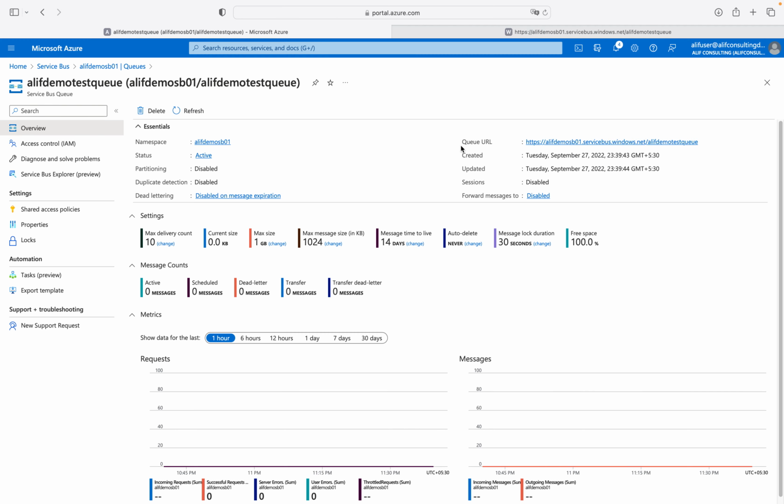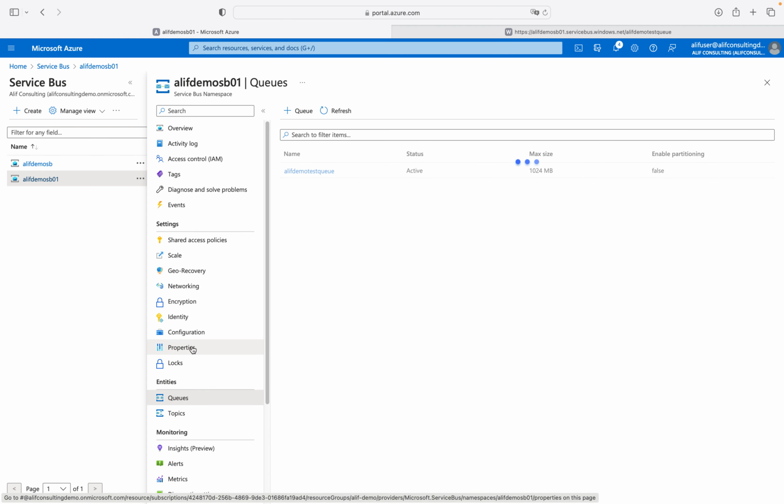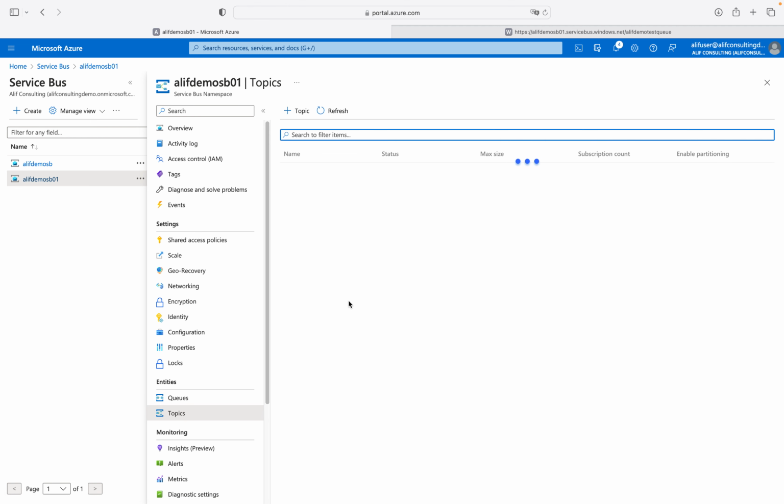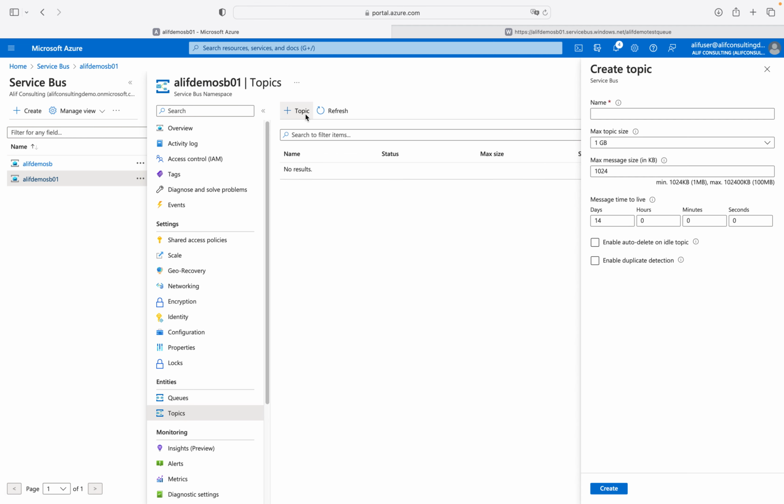Although this queue URL would not be accessible, right? Its token is invalid because a service bus queue cannot be accessed directly from the browser. For that, you need to integrate it with the client libraries, right, with the application. So this is how you can create a queue. In the same way you can create the topic as well within the service bus. For the topic, you just need to do the same thing. You just need to define the topic name,